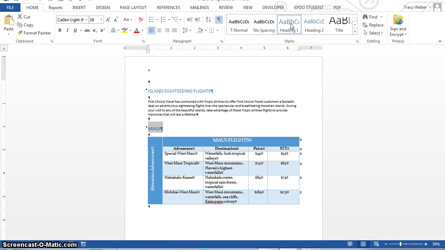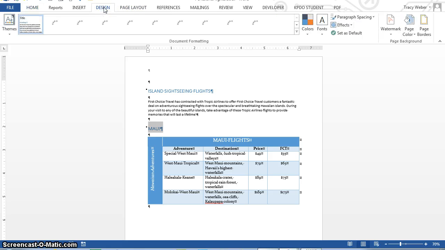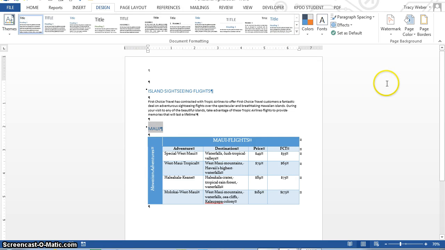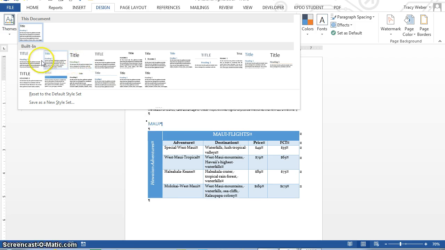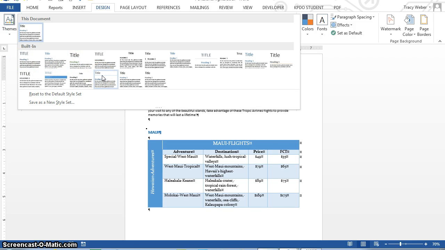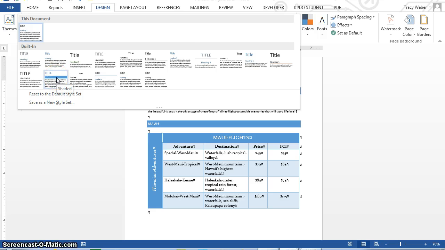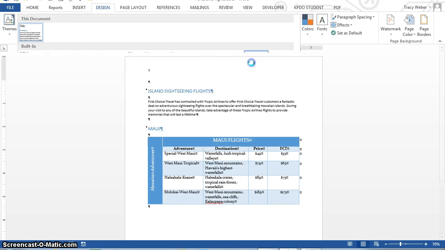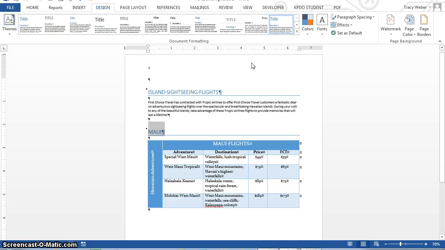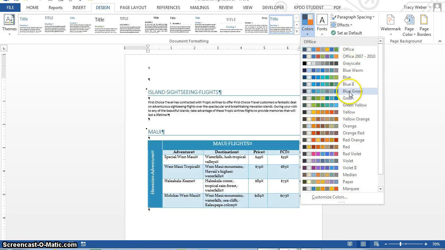Click the Design tab and apply the Lines Simple Style Set. Line Simple, I'll click that. Change the style colors to blue-green colors, blue-green,